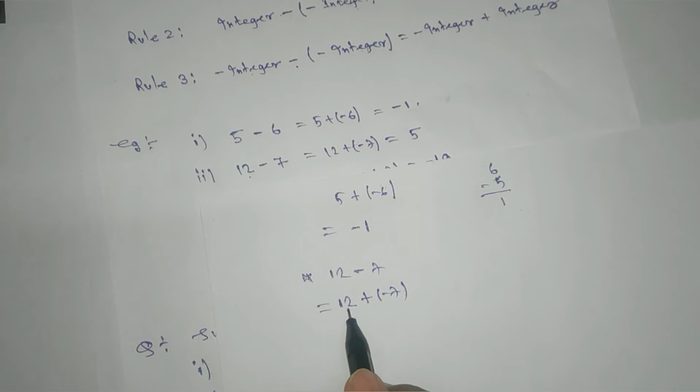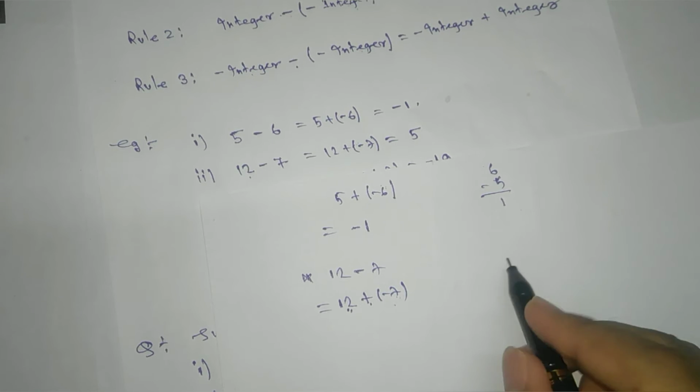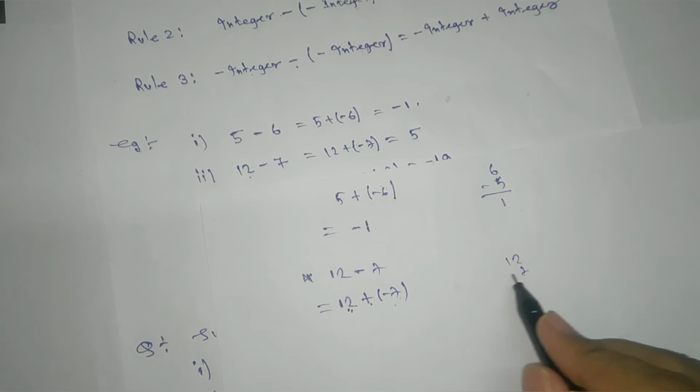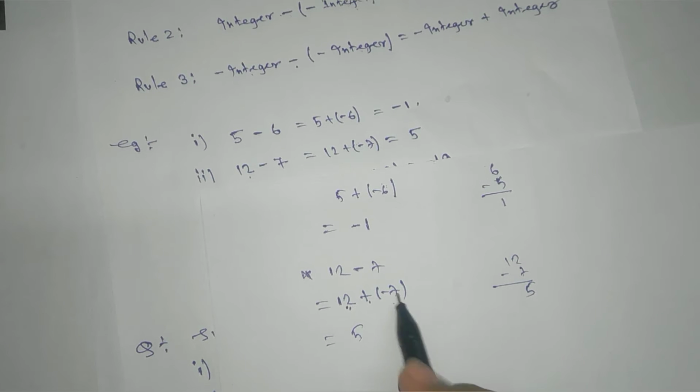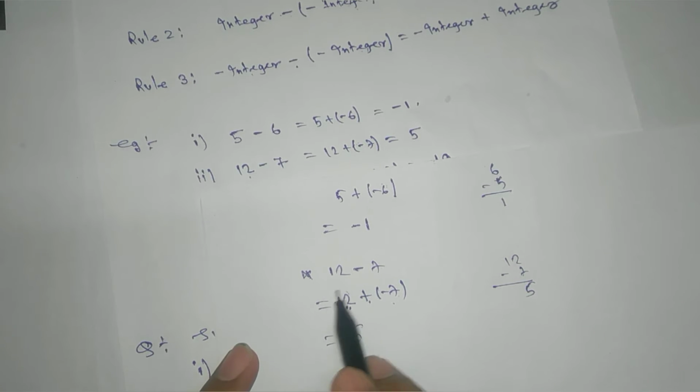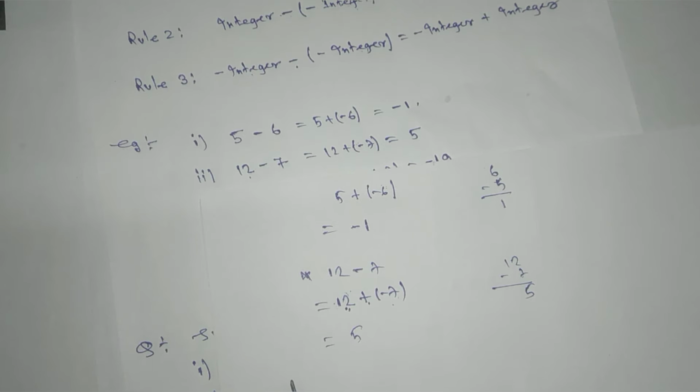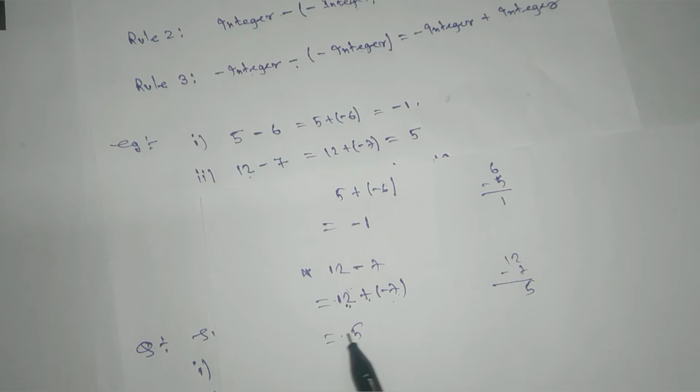Now 12 is positive, so we are doing addition here, and there's a negative. So if we do 12 minus 7, because both have different symbols, we get 5. So we take 5 here, and then you see which is bigger. 12 is bigger, and what symbol is there? Plus symbol, so we'll write plus here. Your choice. If you do not write plus 5, no problem, only 5 is enough.